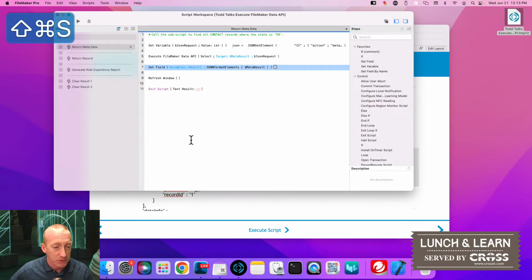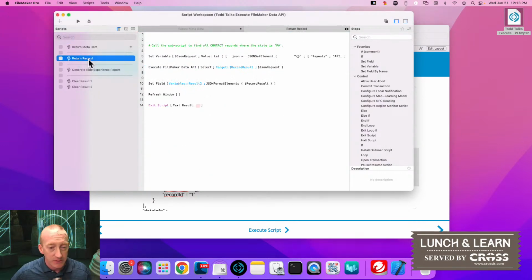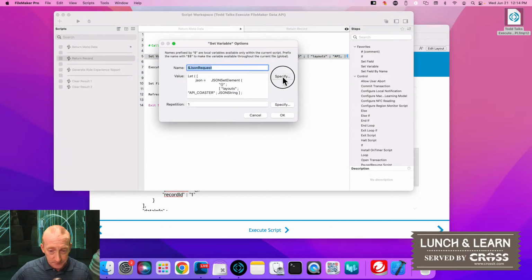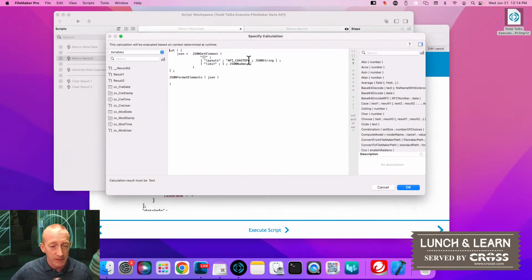So again, we'll go back to our script workspace. And here is this script, again, set up the same way, where we're setting the variable to our request, executing the script, putting that result into a variable, and then just formatting the variable, dumping it into a global field so that we can see the result. So the key here is, let's just go ahead and look at the request. Where if we get in here and see, again, this is where our layouts comes in, where it's not layout, even though we're defining a singular layout,